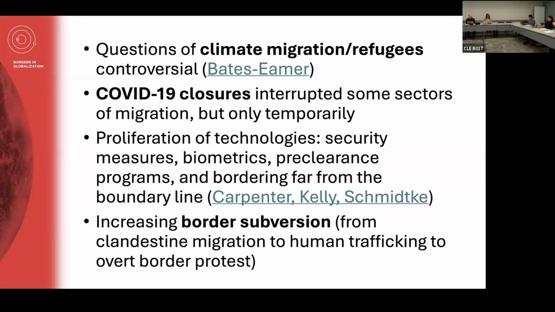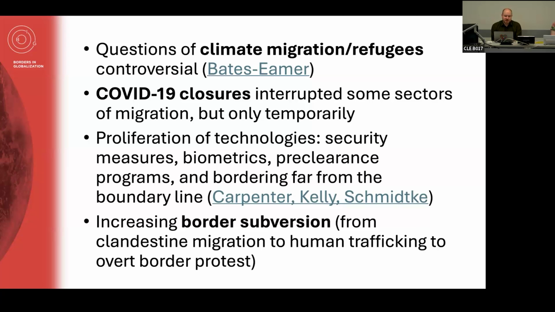This is a bit of a controversial suggestion, though, because it could be that people who are moving because of climate-induced factors are also economic migrants. Do we have a separate category for economic migrants who are moving for economic opportunity, which may be related to changes in the climate? So how do we carve these categories up and think about classifying different migrants and refugees?